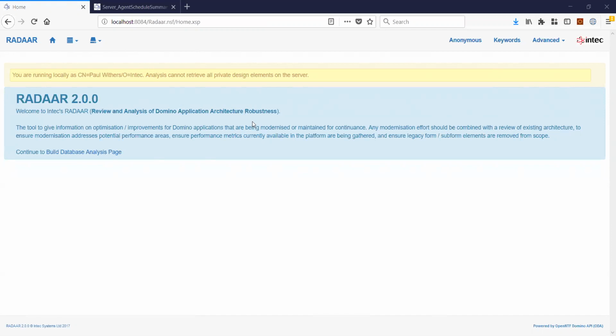That kind of information is also particularly useful if you've just taken over support of an application. And this can give you a lot of background information about the architecture of the application in terms of forms and documents and views and agents in order to then drill down into what are the most commonly used areas